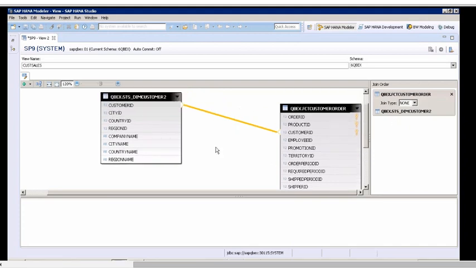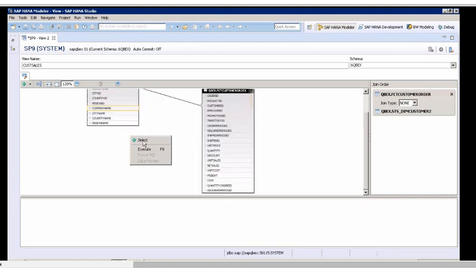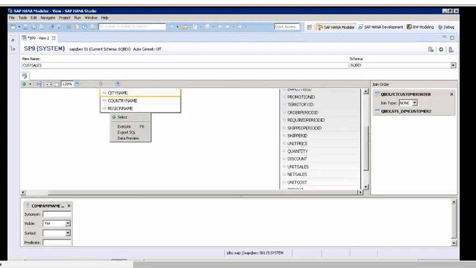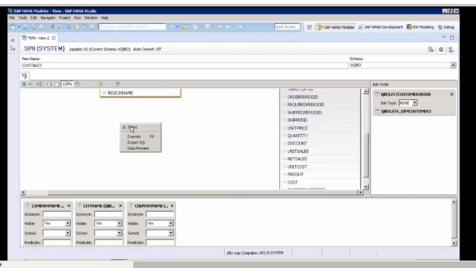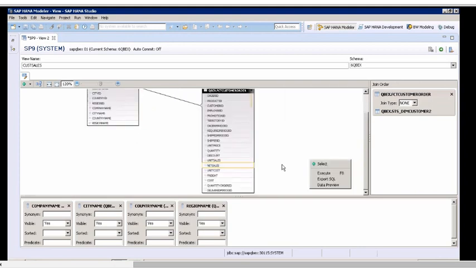Now, once you have established the join, I just have to specify the projection list from these two tables. Which columns do you want to project to the view? I would like to go with company name, select. Then I want city name, select. I want country name, select. Then I want region name, select. From here I want the net sales. If you still want, you can give a different name. You want to do sorting, all those things can be done for the columns. I'm okay with this.